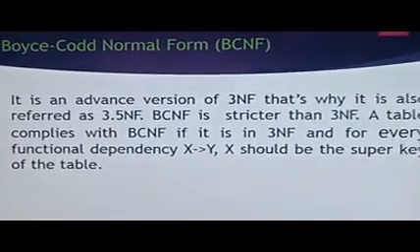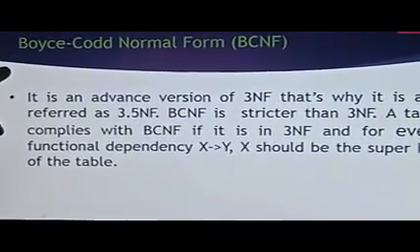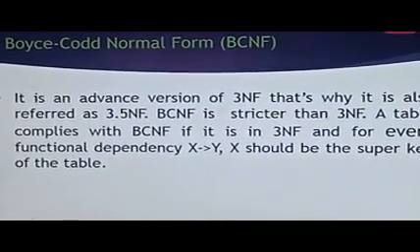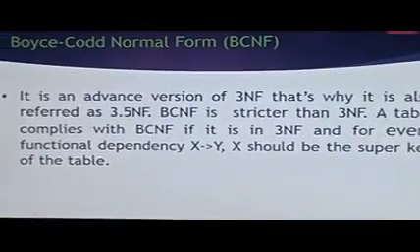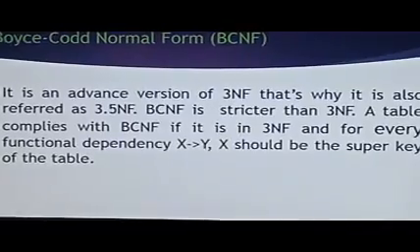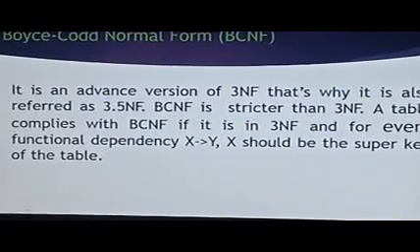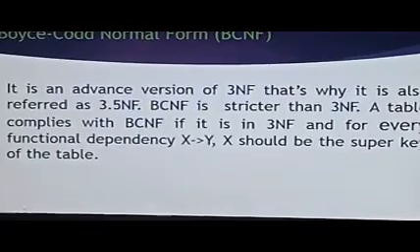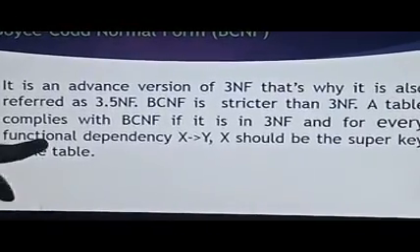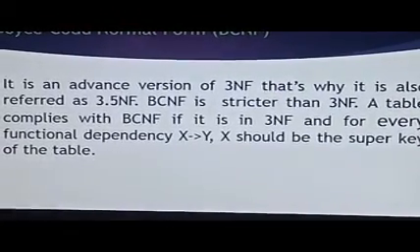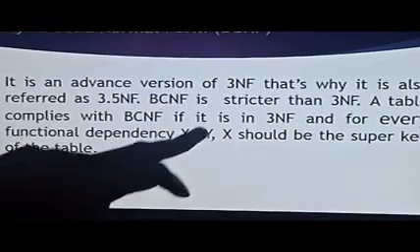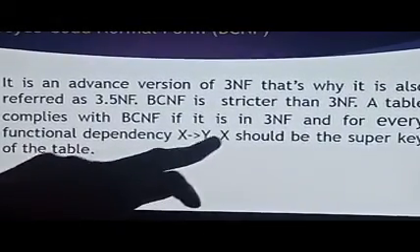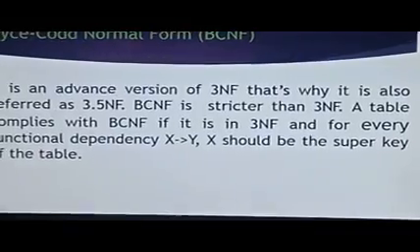An extension of third normal form is nothing but Boyce-Codd normal form, or simply you can call that BCNF. In another way, BCNF can also be called 3.5 NF. Here the policy adopted is functional dependency. Here X determines Y. In that case, X should be a super key. X should be a super key.